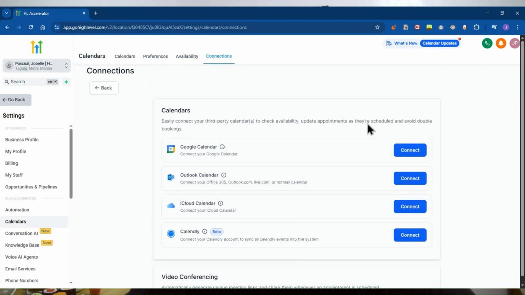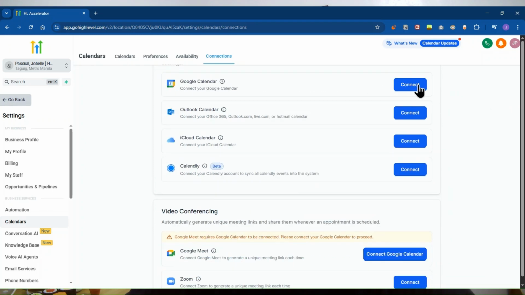And for me, I'm going to connect my Google Calendar account. So I'm going to connect my account here. All right.